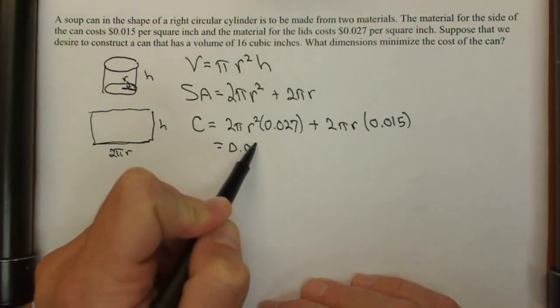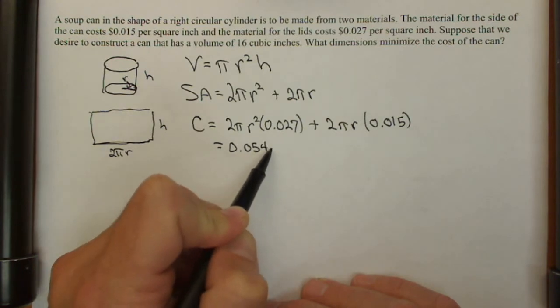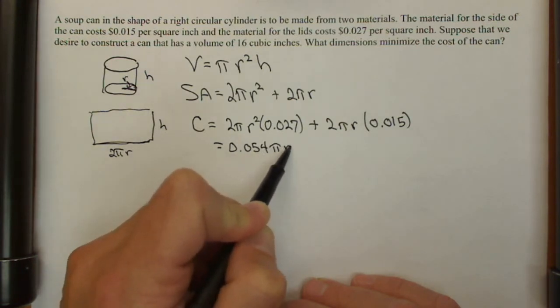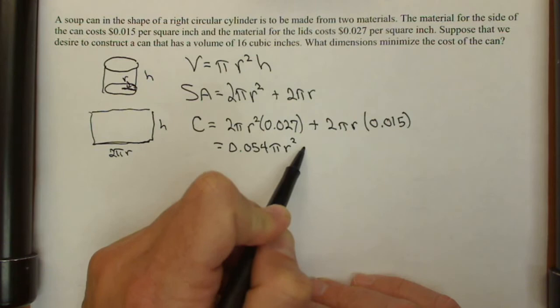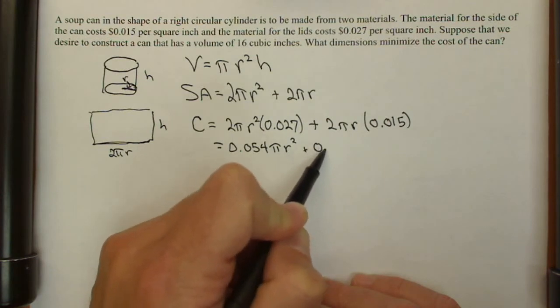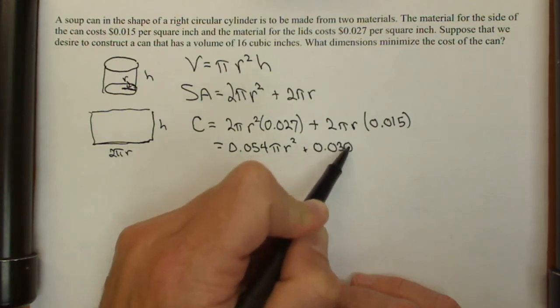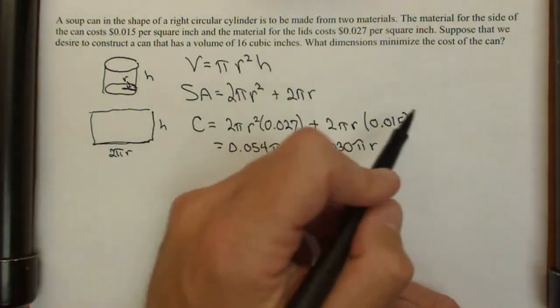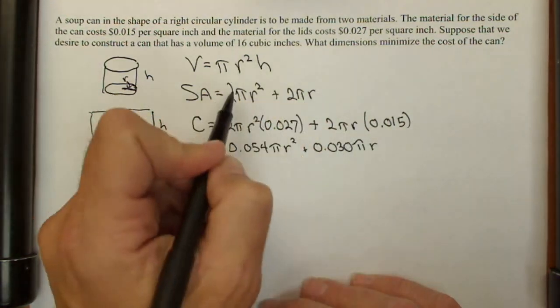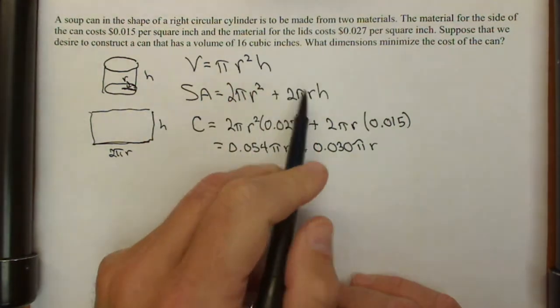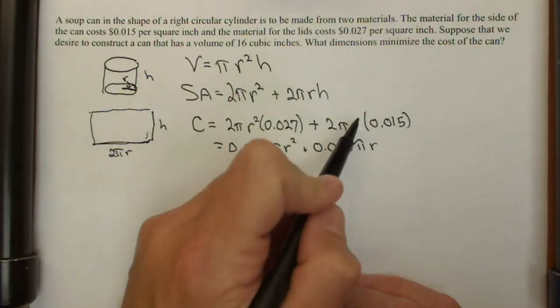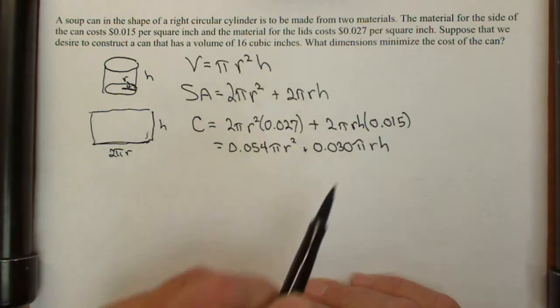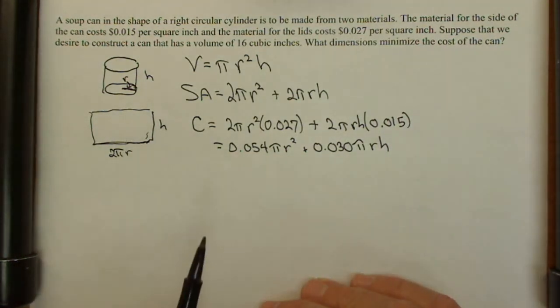So 0.054 pi r squared plus 0.030 pi r h. And I am missing an h in here, and I had said it. Sorry, this 2 pi r h is from here. So let me get the h's in there. My apologies, there should have been an h there. Okay, now,